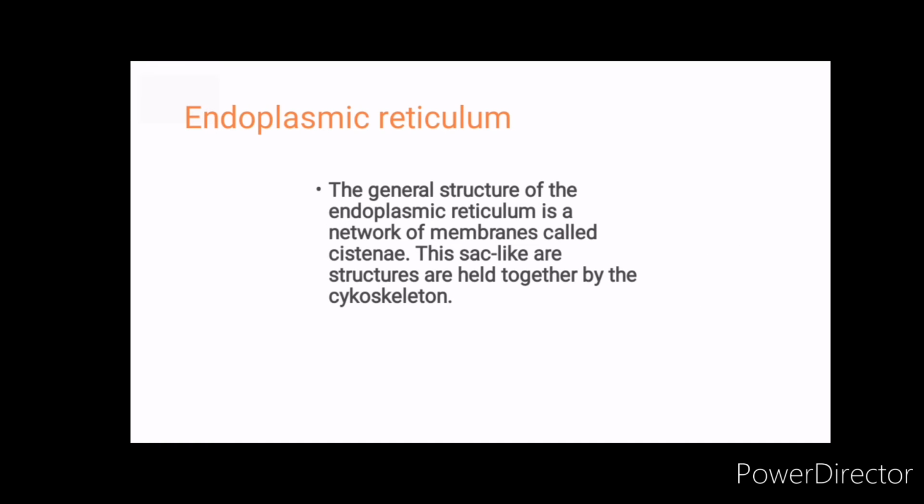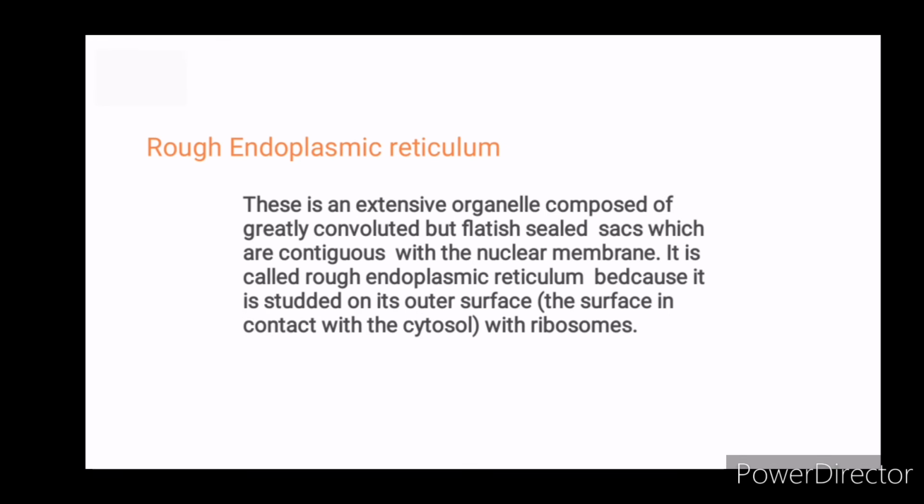Second, the endoplasmic reticulum. The general structure of the endoplasmic reticulum is a network of membranes called cristae. These sac-like structures are held together by the cytoskeleton. Third, the rough endoplasmic reticulum. This is an extensive organelle composed of greatly convoluted but flattish sacs which are contiguous with the nuclear membrane. It is called rough endoplasmic reticulum because it is studded on its outer surface, the surface in contact with the